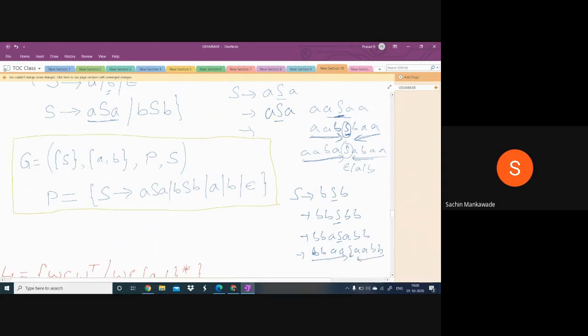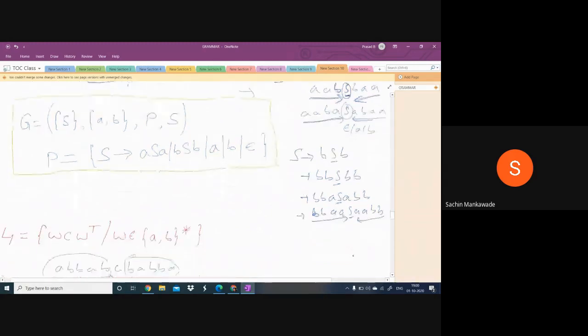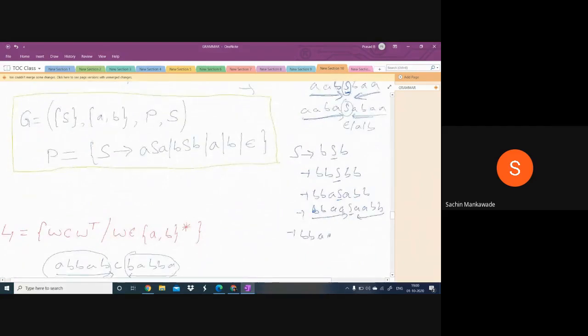Now in the S place again you substitute. This is BBAA. Now in the S place substitute BSB and here we have BB. So look at this. This is BBAAB and this is also BBAAB. And S you can eliminate with epsilon or A or B. So remember, whenever there is A before S, there is A after S; B before S, B after S. So this gives palindromes over A and B.